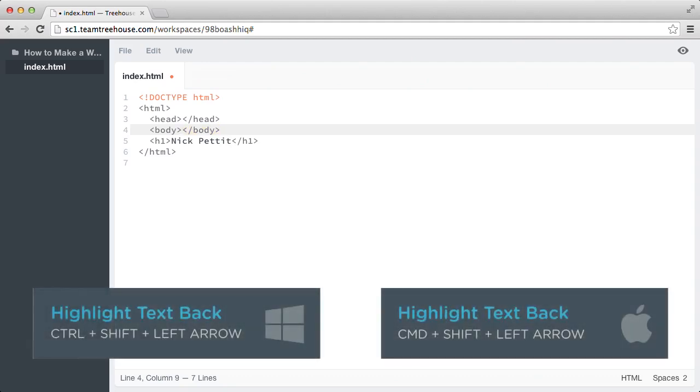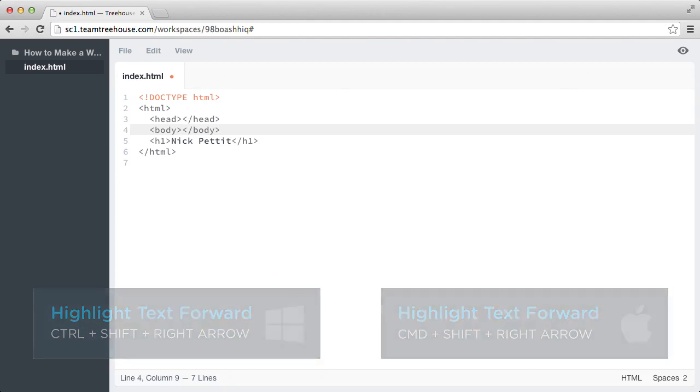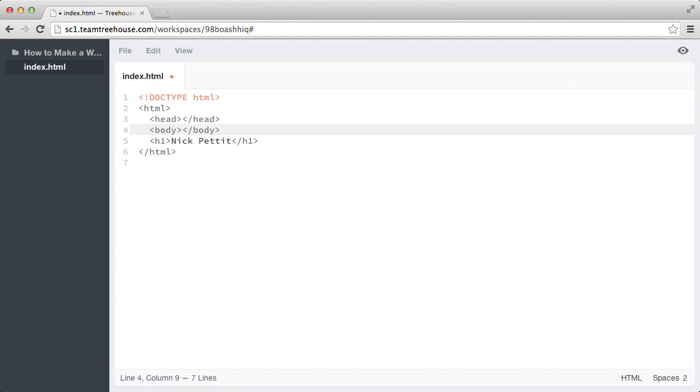To do this on a Mac, you can hit Command Shift and then the arrow key, depending on the direction that you want to highlight. To do this on Windows, you just hit Control Shift and then the direction you want to highlight. So on my Mac, with my insertion point in between the two tags, I'm going to hit Command Shift and then right arrow to highlight it,